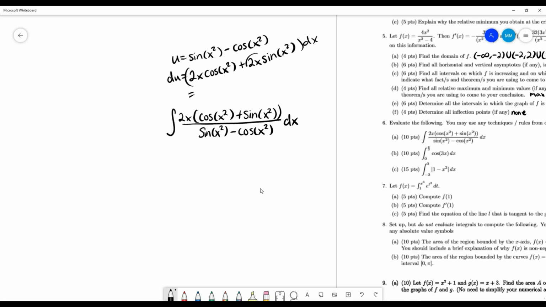So if I factor out those two x's, it's going to be 2x times cosine of x squared plus sine of x squared. And that's exactly what we have here,